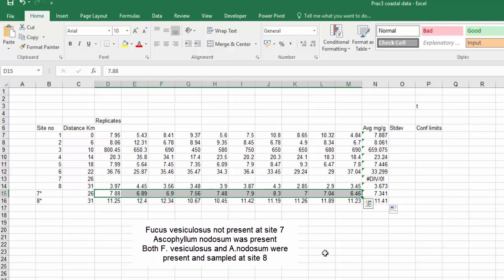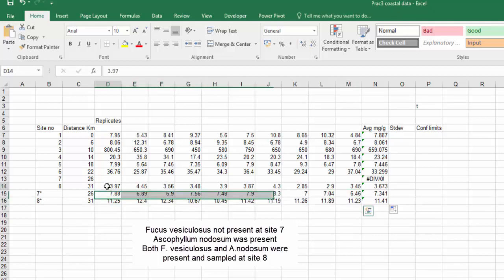Because we're controlling variability by using only one species of seaweed, we can't just use the Ascophyllum nodosum metal concentrations. However, we did collect both types of seaweed at site 8. We collected Ascophyllum nodosum